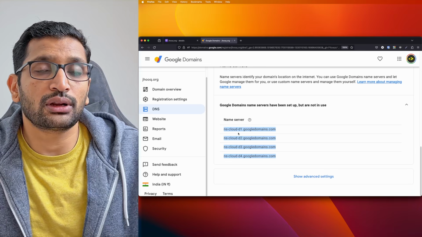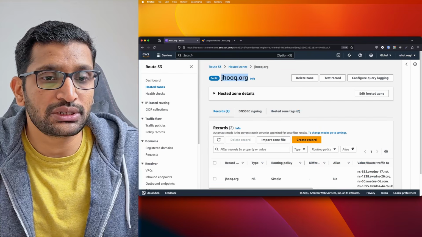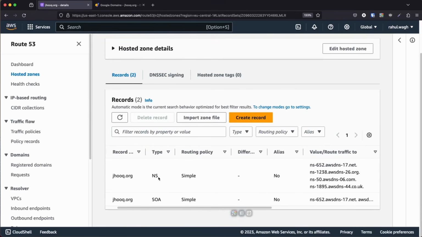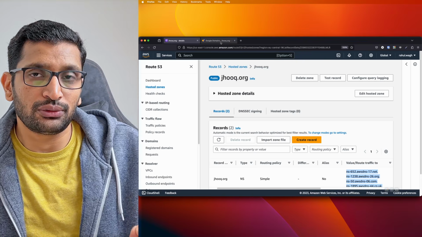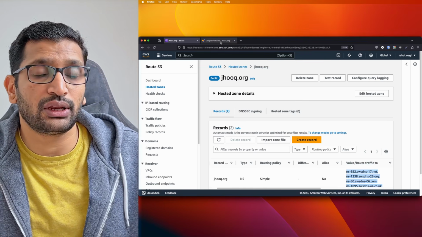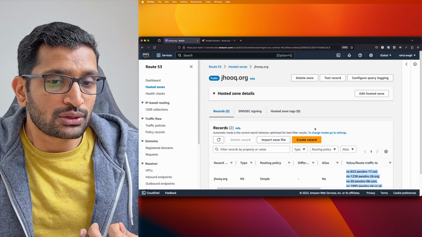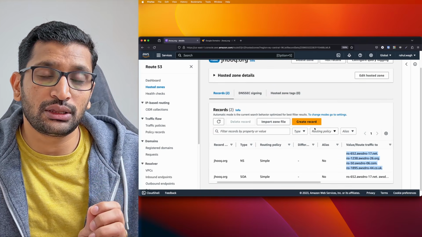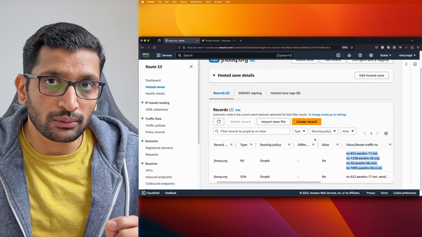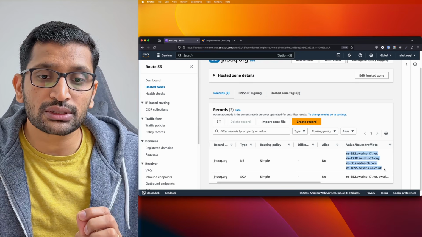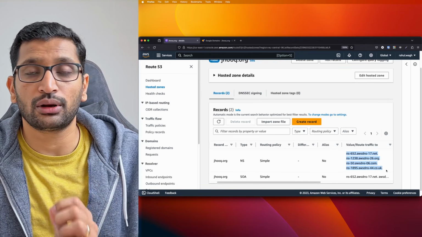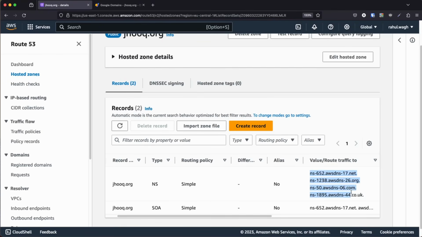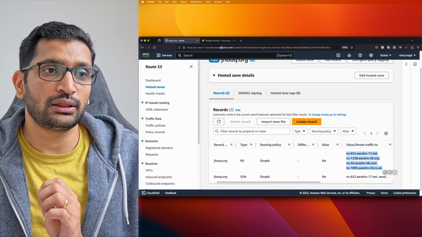But now we are working with AWS, and AWS provides its own name server settings. Here you can see the name server settings for our jhook.org. There is a little bit of confusion here, which generally happens whenever you start working with domain names. First of all, you need to pay careful attention: you need to point our domain to AWS, so you will be using the name server settings of AWS, not from Google Domains, GoDaddy, or Namecheap. You just need to copy these records from AWS